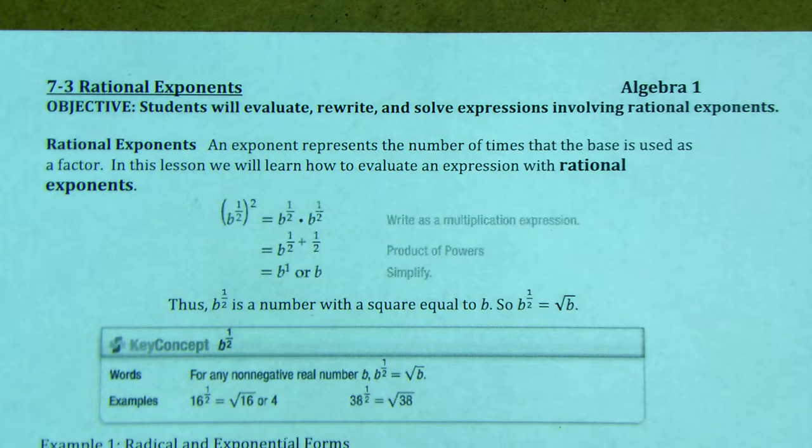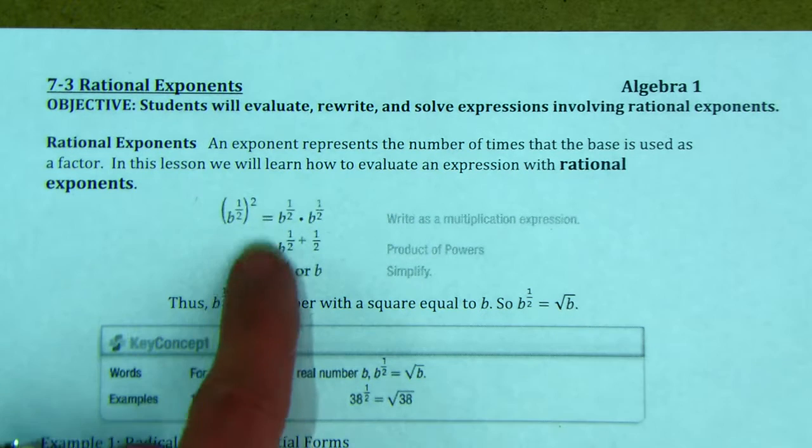So, in lesson 3 of chapter 7, we are now talking about rational exponents. Lesson 1, we just did regular exponents. Lesson 2, we did negative exponents. Lesson 3, rational. That means can be written as a ratio, aka a fraction. Yes, fractional exponents. Okay, so because we've multiplied the powers with the same base and we've raised powers to powers,